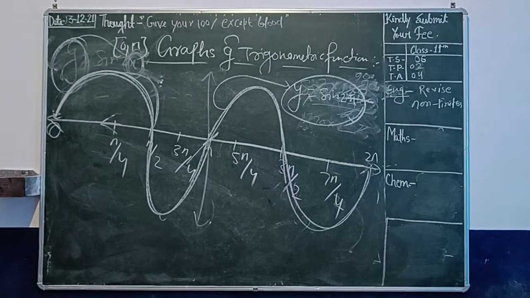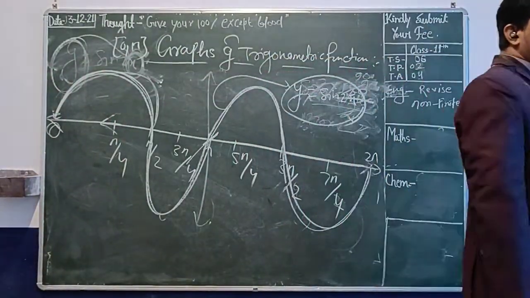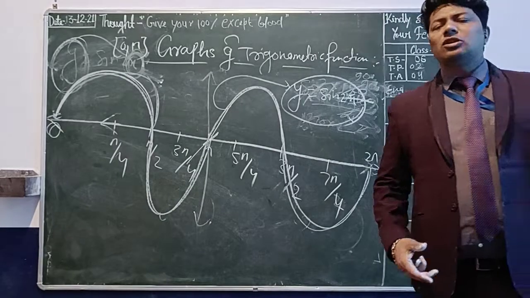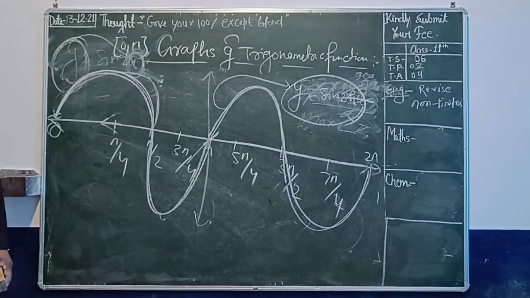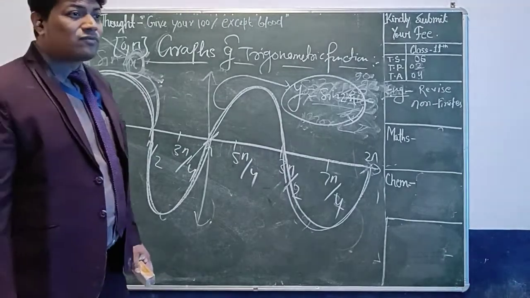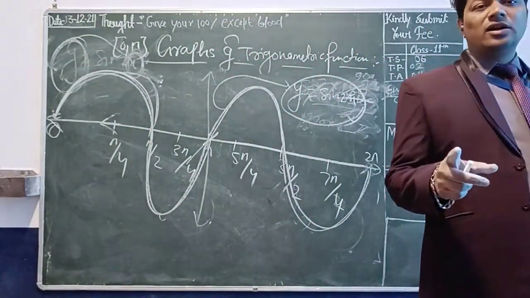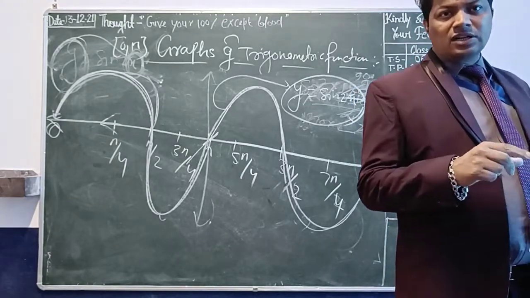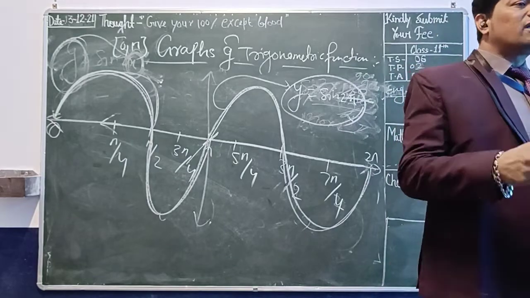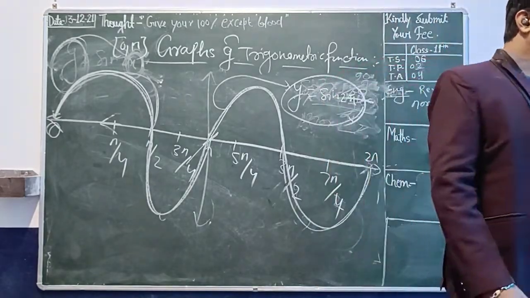Okay. In the same way, you can draw the graph of y equal to cos x also. For y equal to cos x, you have to do the same thing. You have to take 0, 0, then you have to take pi by 6, pi by 4. And if you talk about cos 0, you will get the value 1. If you go for cos 90 degree, you will get the value 0. Is it clear? If you talk about the period of cos, the period of cos is also 2 pi. Is it clear?